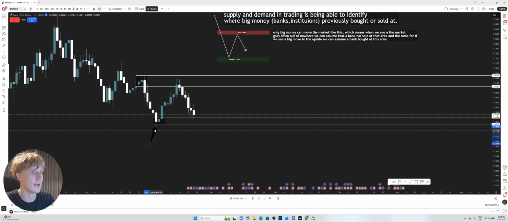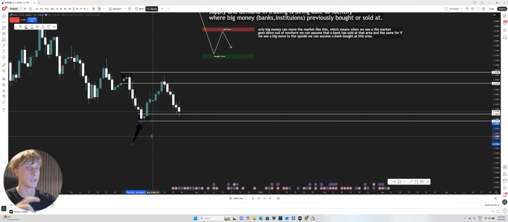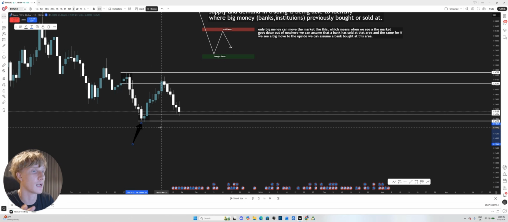here, they are entering with billions and billions of dollars. Now, in order for them to enter at this specific level in price, there needs to be willing sellers at this level. That's how the market works. In order to buy, there need to be willing sellers at this exact level. So in order for them to get filled, in other words to get all of their orders into the market, they would have to find, for example, 4 billion of sellers at this specific level in price, which is pretty much impossible.